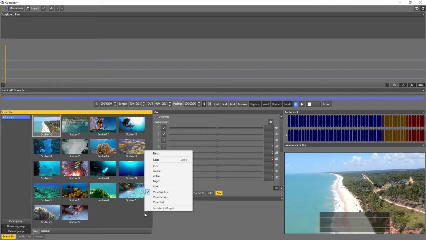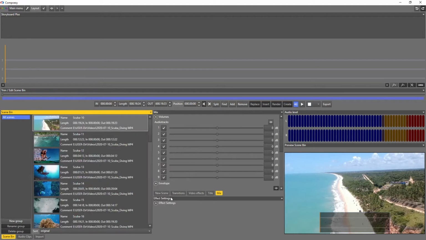Clicking the right mouse button, we have the chance to make the thumbnails smaller, larger, maximum size, minimum size, default. We may choose the view as a detailed list, showing the names, the length, and the comment or the location where the import was taken from.